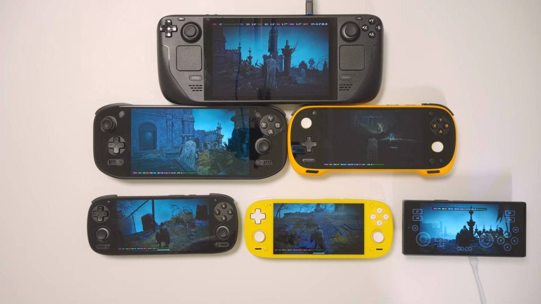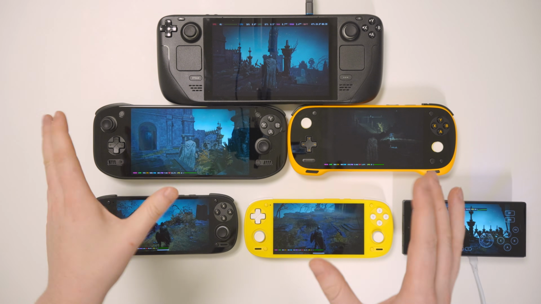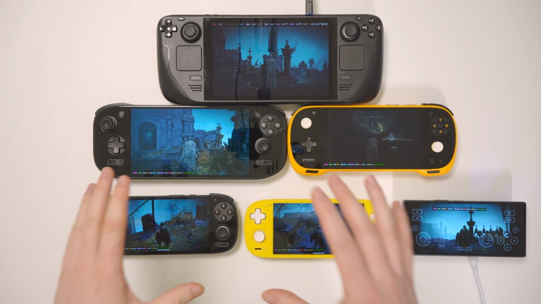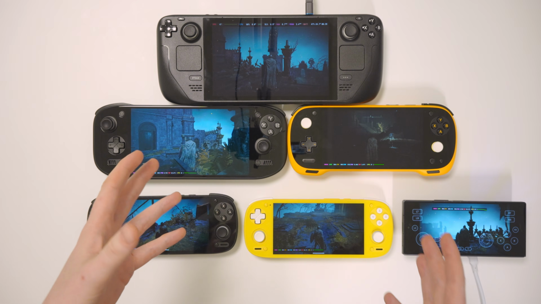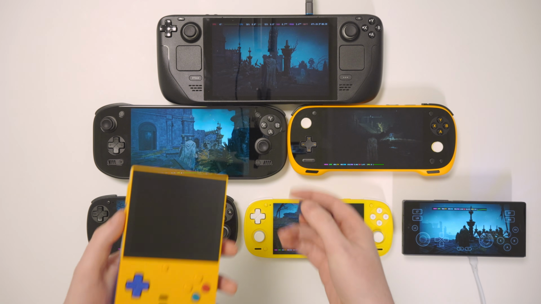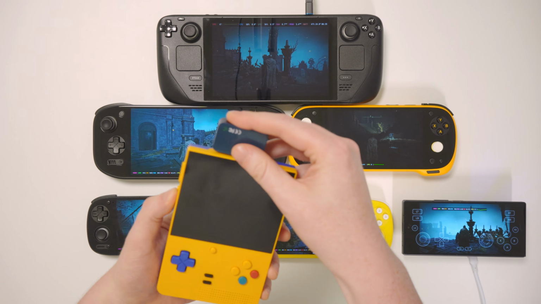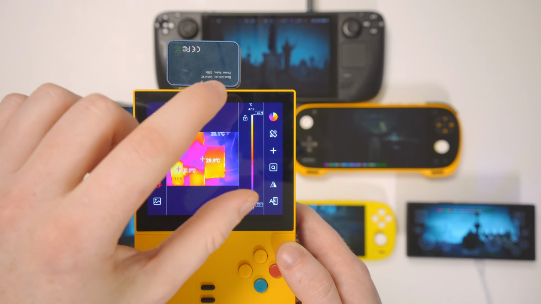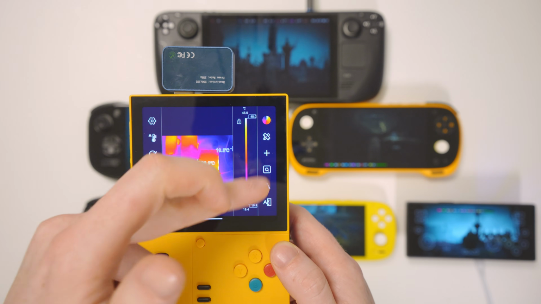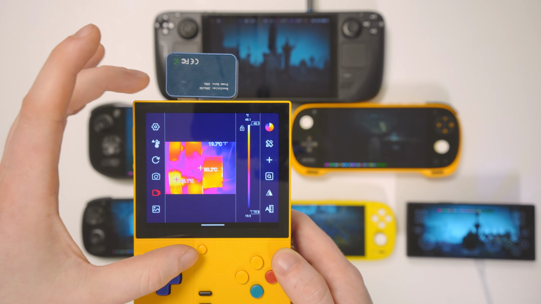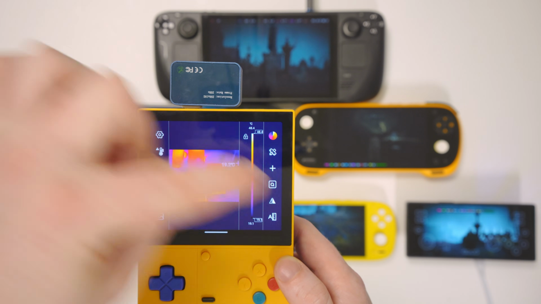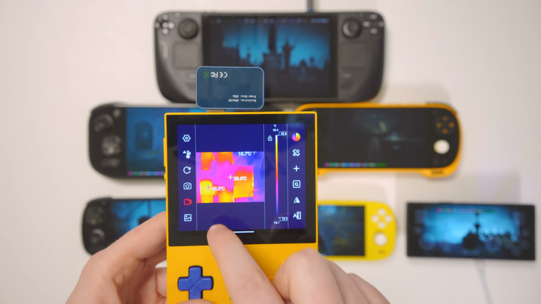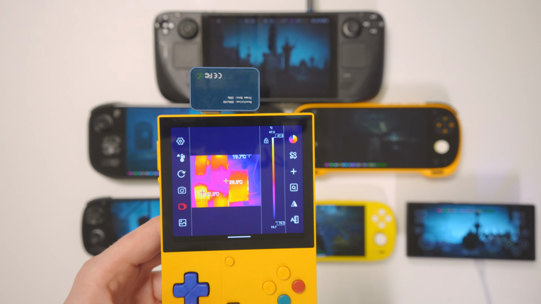And now, just as a kind of final thing before we shut this down and give our final thoughts, why don't we see what the temperature of these devices really is using a thermal imaging camera inside my Retroid Pocket Classic. Here we can see the temperature of the devices on the screen. Annoyingly, everything is flipped around because all of these screens in these Android devices are actually portrait screens from phones, which have been flipped using firmware to make them horizontal. So I'm going to show this actual video on the screen now,